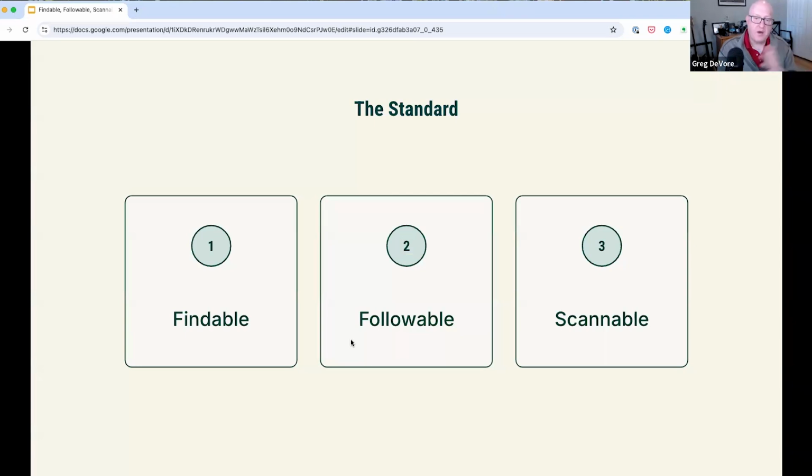Okay, the standard that we always adhere to when measuring the effectiveness of a guide is: is it findable, followable, scannable? Findable means can somebody find it in 5 seconds or less? Followable means they can follow it with nobody helping them. And scannable means they're not going to encounter a 20-page PDF or word soup that's going to make them have to stop, tell whoever they're working with to wait while they read this thing to figure out what to do. For it to really be effective, it has to hit all of these criteria: findable, followable, scannable.